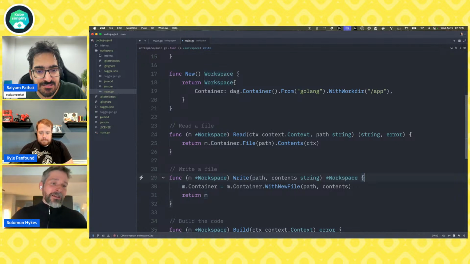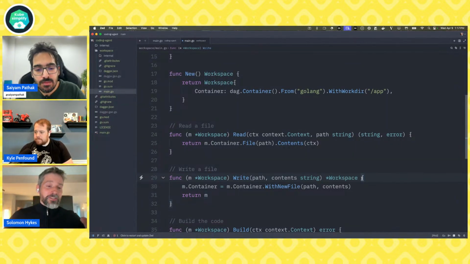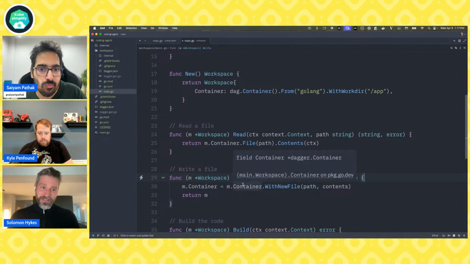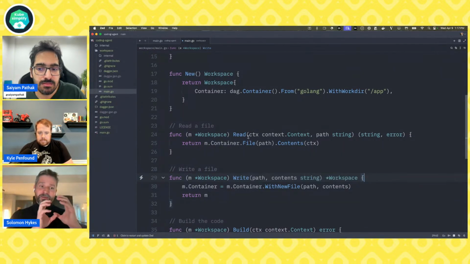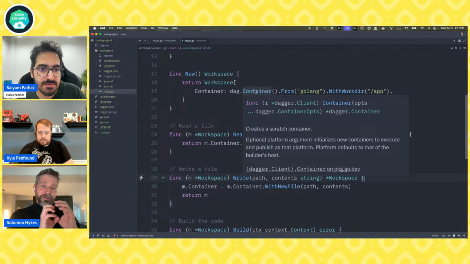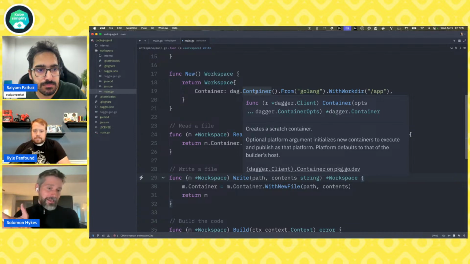I wanted to take a minute to mention that because there's one type in the Dagger type system that we use a lot, and it's container, because it's fun, it's flexible, you can do a lot with a container. And so sometimes people get confused by that and think, well, Dagger is a container build tool and that's it. It's cool, it's got an API, but it's basically like Docker build.